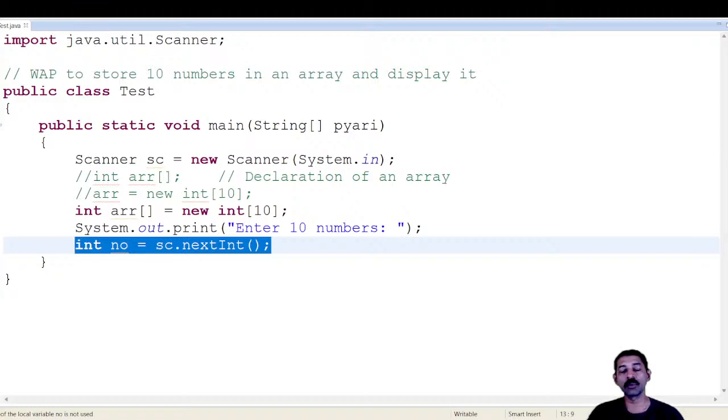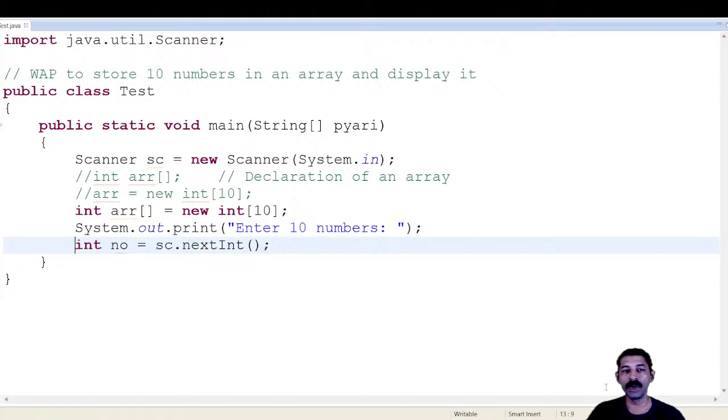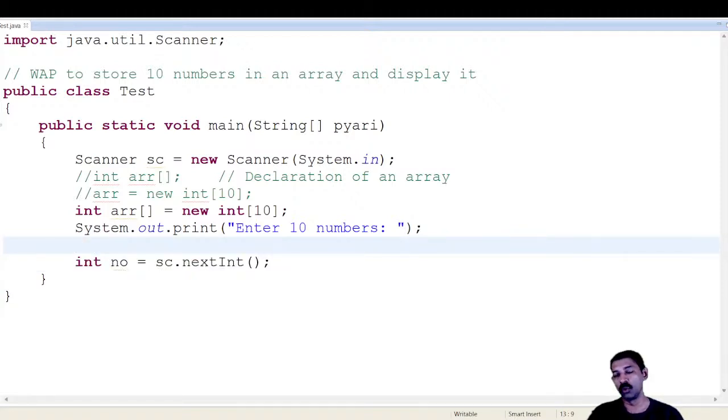This statement can accept only one number, but I need to accept 10 numbers. That means this statement has to repeat how many times? 10 times this statement has to be repeated. So if I want to repeat a statement, what should I do? I have to use a for loop. So that's why I will use for